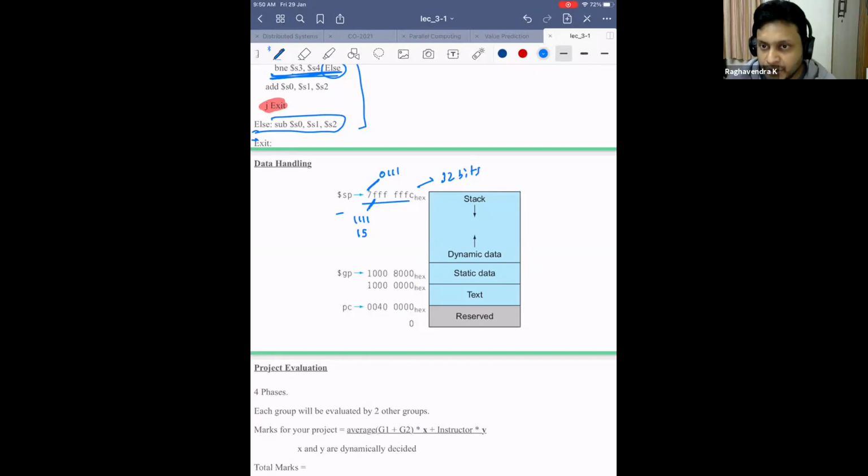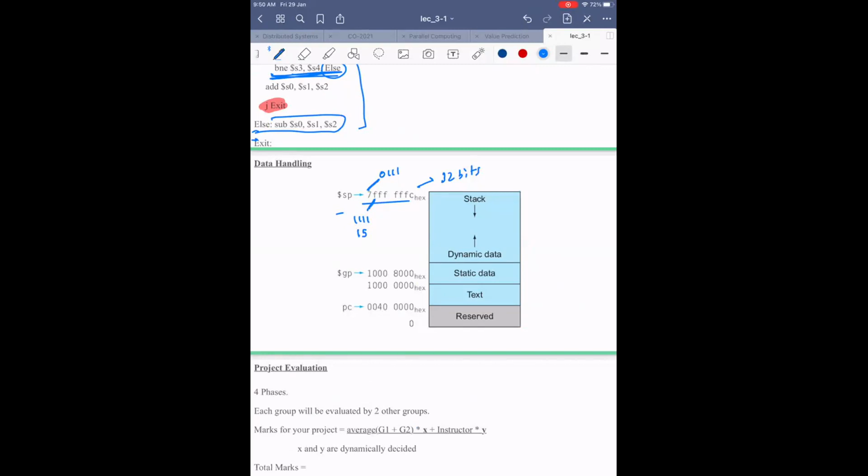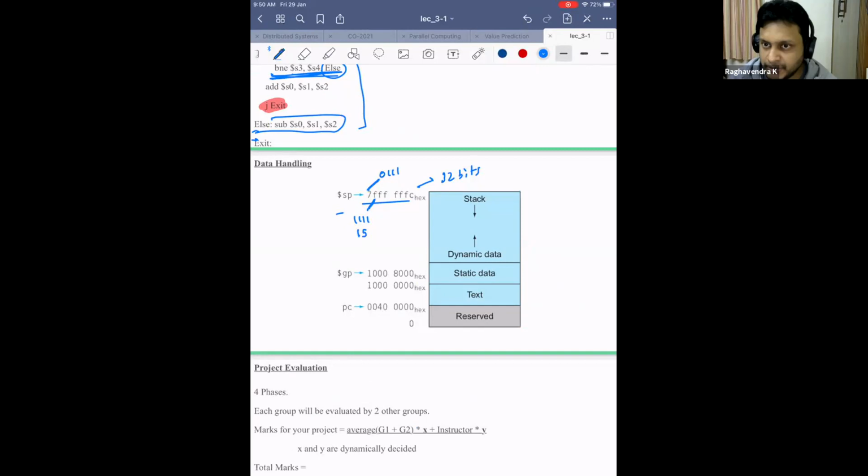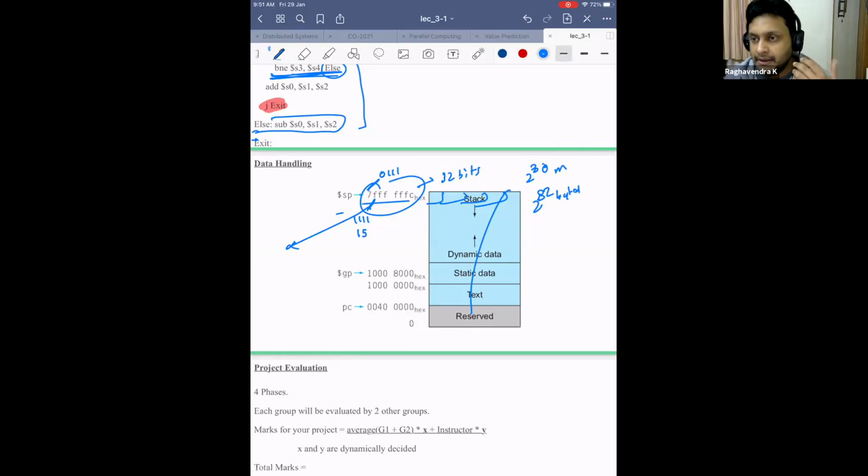We should never be able to access a word. We can't access a word. It is byte addressable. Just keep it in your memory. It is always byte addressable. So whenever I generate an address, this address will be translated to a byte, and I have so many such bytes. If I say 2 power 30 memory words, then it means that I have 2 power 32 bytes, because in this architecture, a word means 32 bits or 4 bytes.